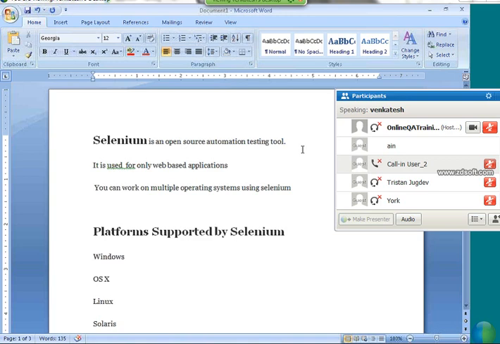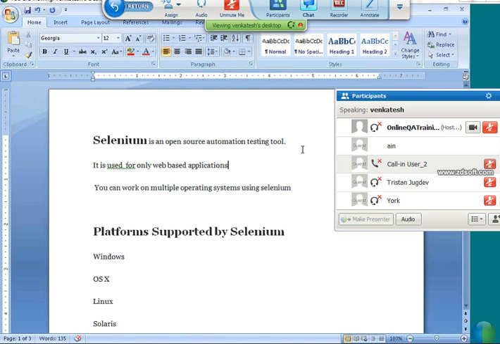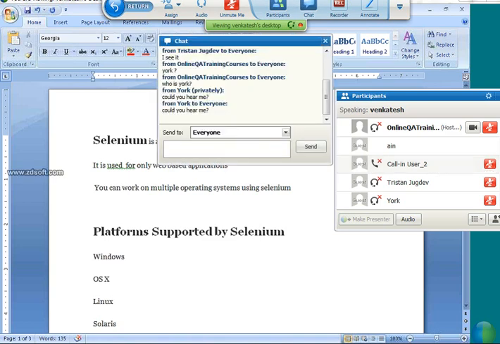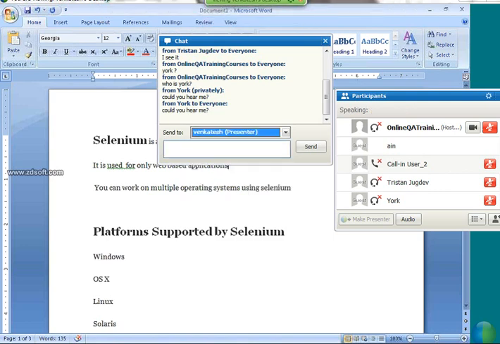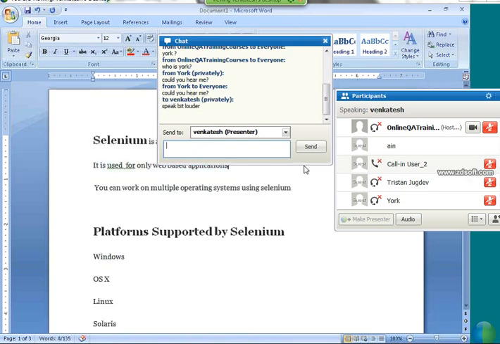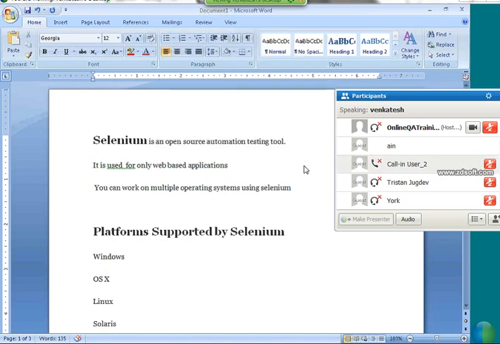That is why this has become hot in the market after WebDriver's existence. After WebDriver showed its power in automating websites, Selenium has become hot in the market, right? It is an open source testing tool. And one more thing to note, it is used only for web-based applications. If your website is completely okay, just